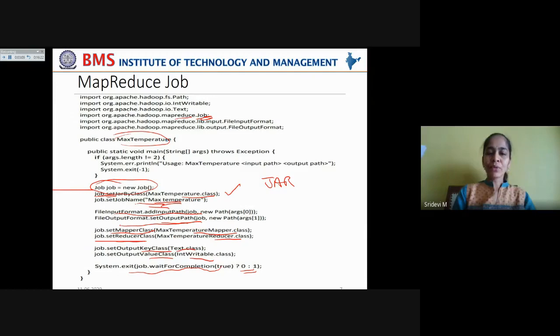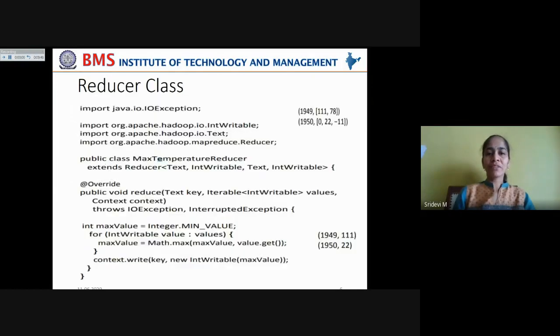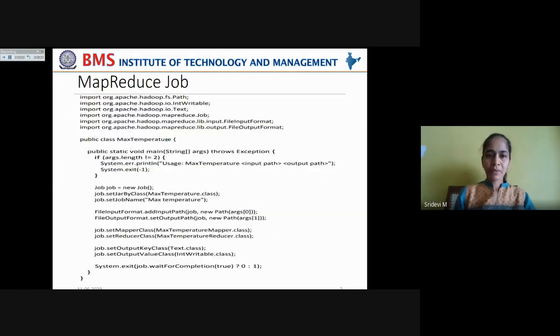This is taken by the System.exit method, and based on the value it exits when the job has been completed, otherwise the job is still running. Okay, that is how the job is executed by packing the map and reduce functions.